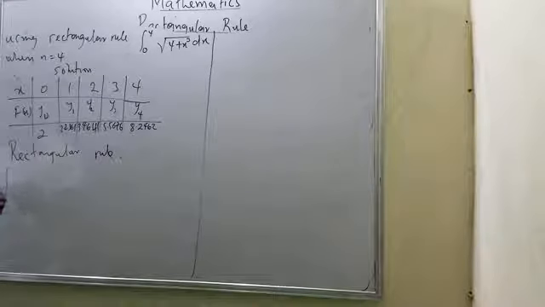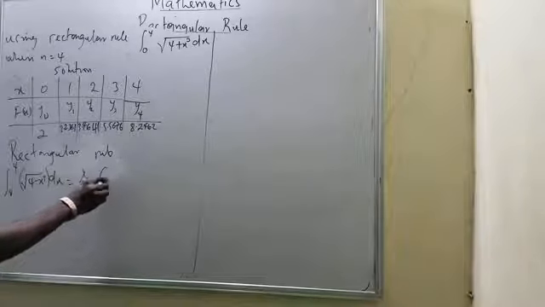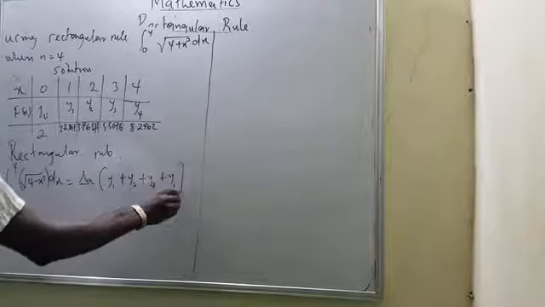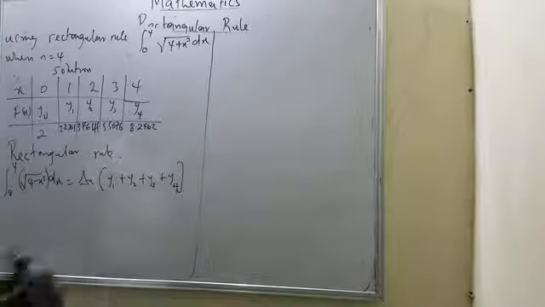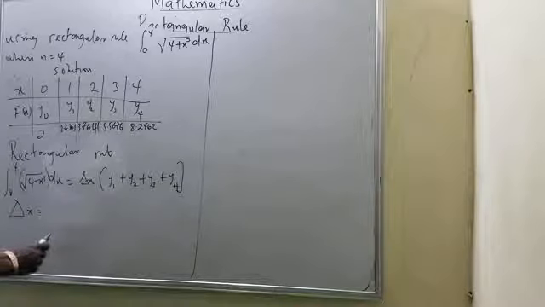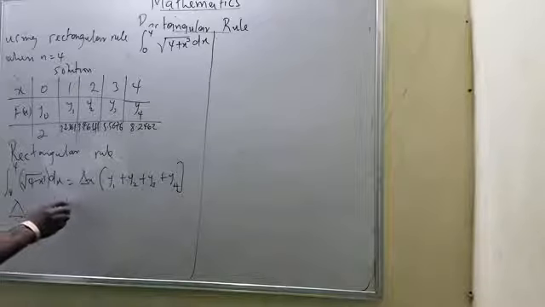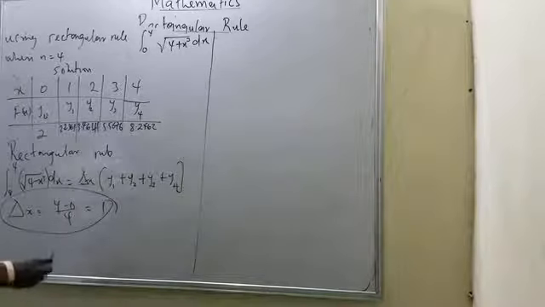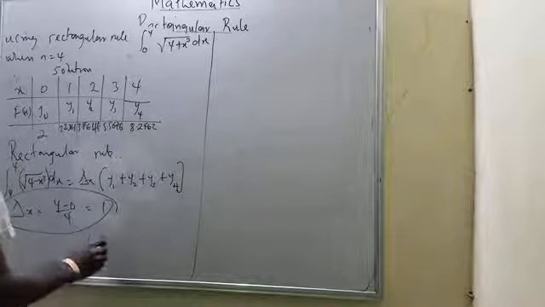I have the integral from 0 to 4 of root of 4 plus x cubed, with respect to x, which is delta x bracket of y1, y2, y3 to y4. Now this time around, I'm not starting from my y naught. The first one I started from y naught. What's our distance? It will be 4 minus 0 divided by 4, which is equal to 1. That is what makes this one different. My distance is 1, and you just have 1 bracket of everything you have,